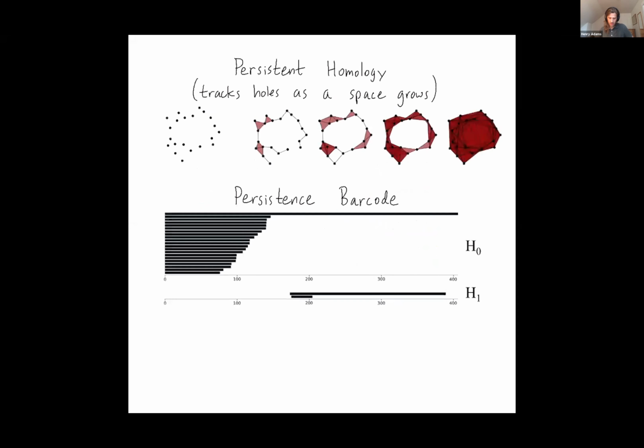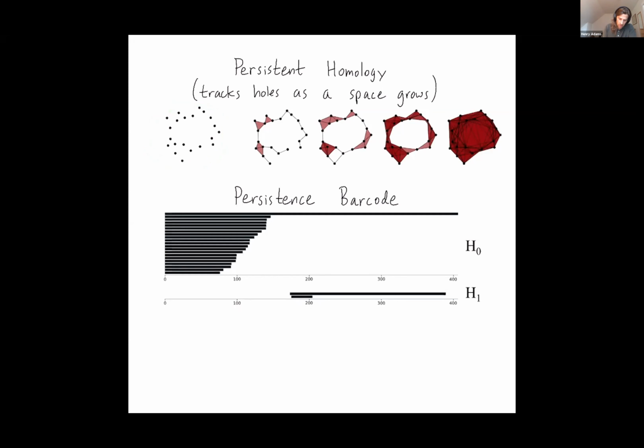Okay, that's homology. Persistent homology is tracking homology as you have an increasing sequence of spaces. So start with the data set and then make it larger by adding in edges, triangles, tetrahedra, etc. via this increasing scale. So now what we're going to do is track the homology at each point in time. All right, so at this point, we just have many different connected components.